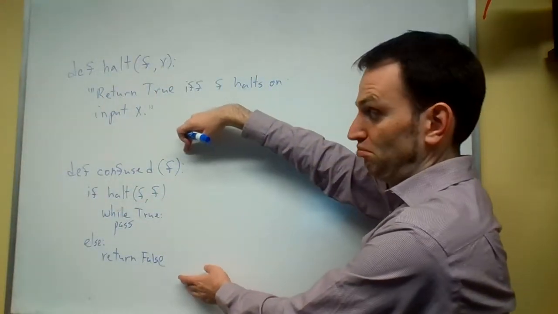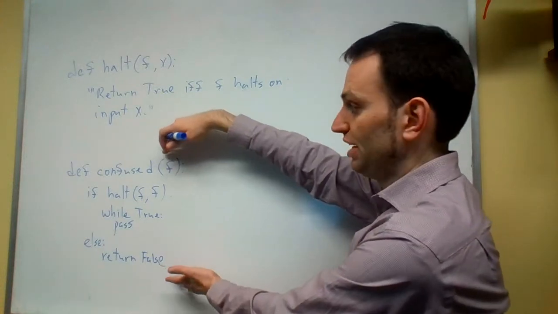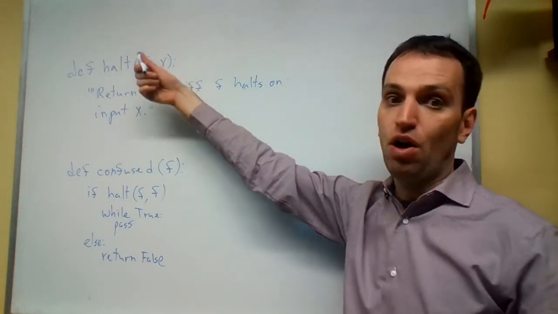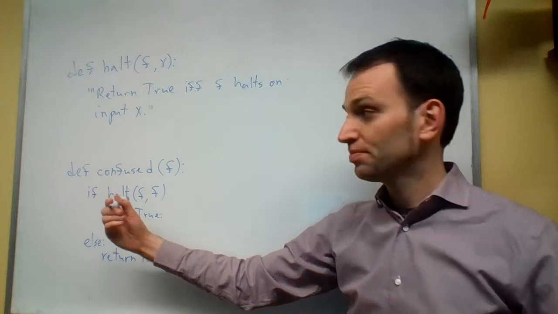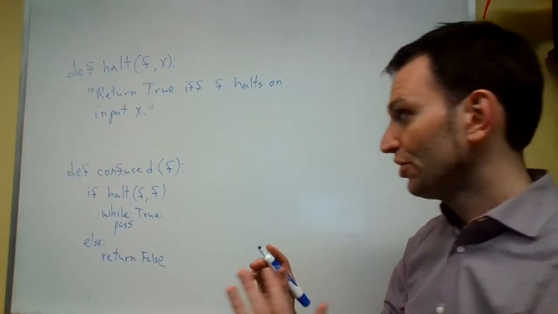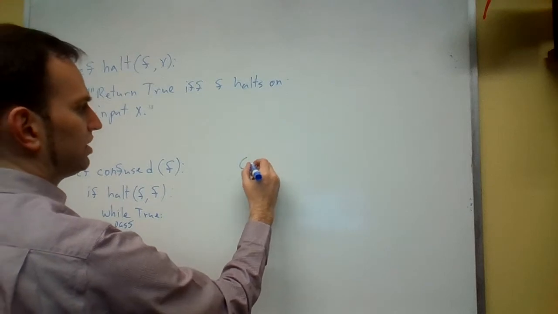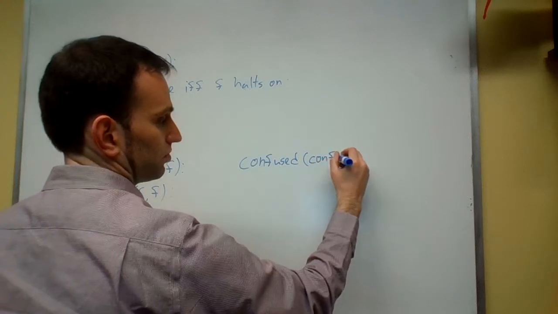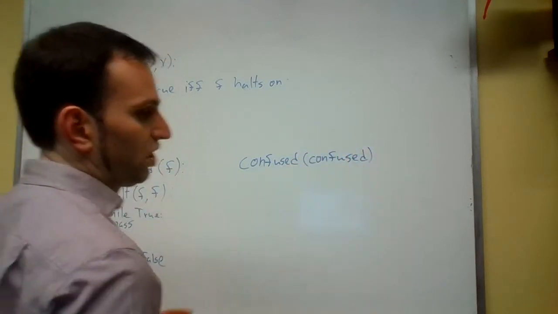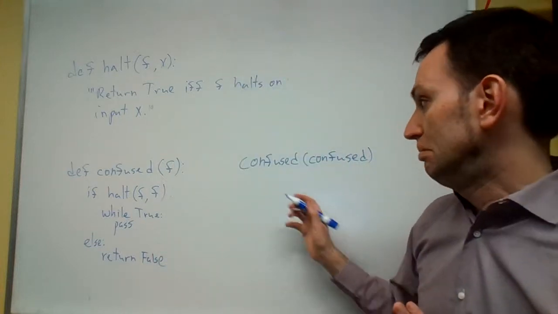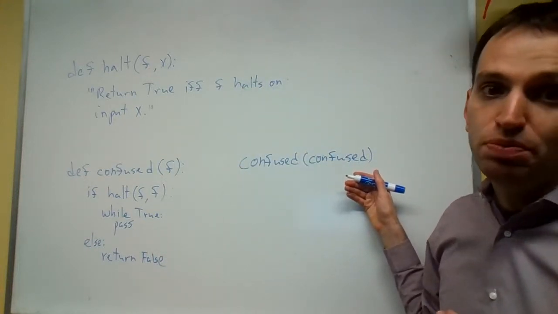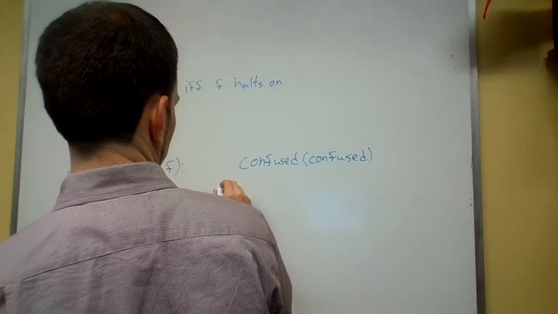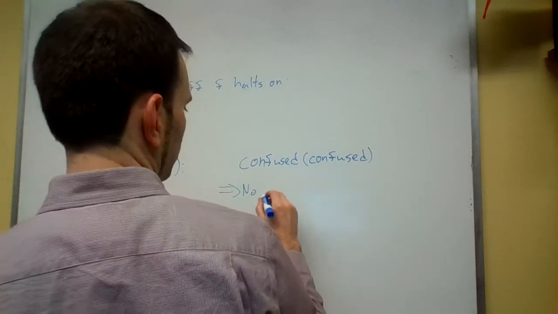So this is the function. We are allowed to do that. We are allowed to say, well, we define the function. Of course, we assumed that halt exists. If halt doesn't exist, then we can't really define confused. So let's go one step further, and let's try to figure out what is confused of confused. So let's go through the possibilities. Well, either it produces an infinite loop or it doesn't. Let's say that there is no infinite loop. That's one possibility, so let's just assume it for now and go with it.